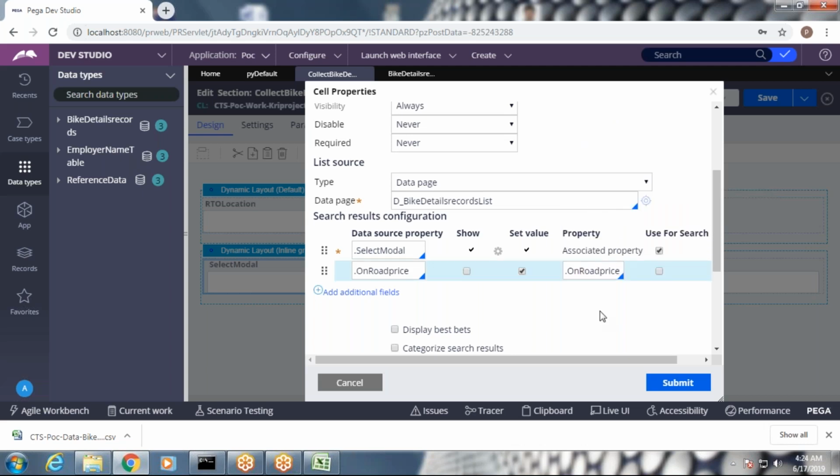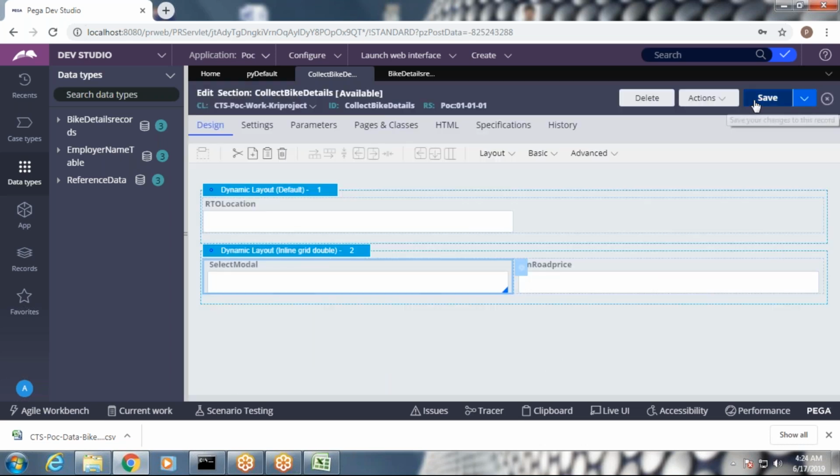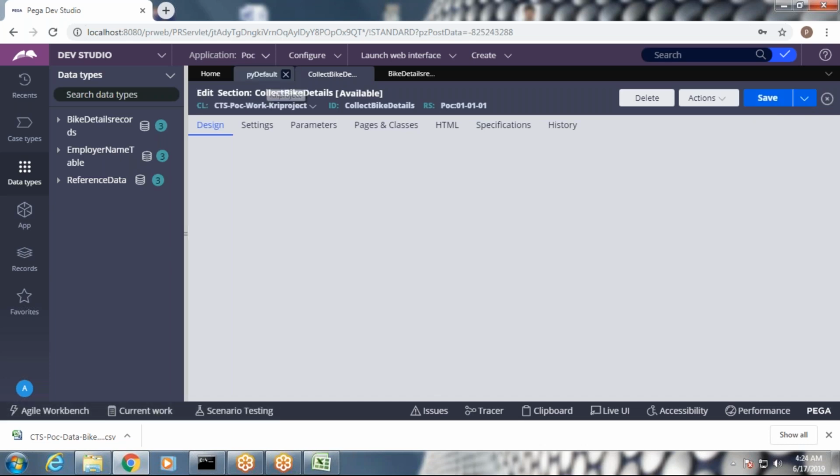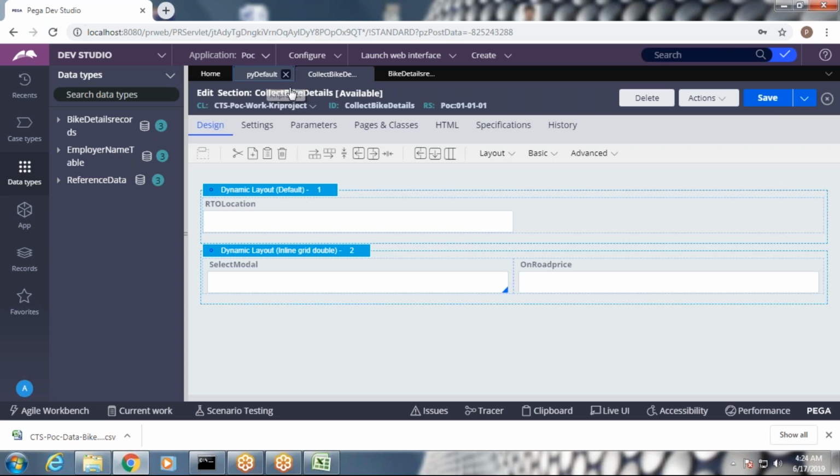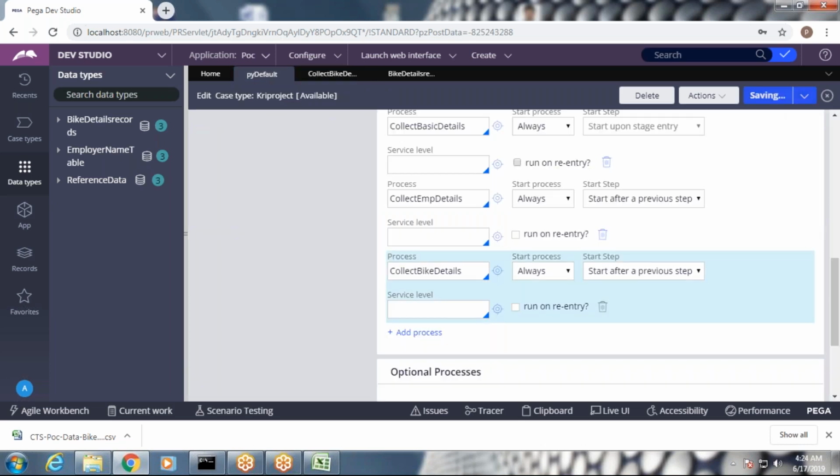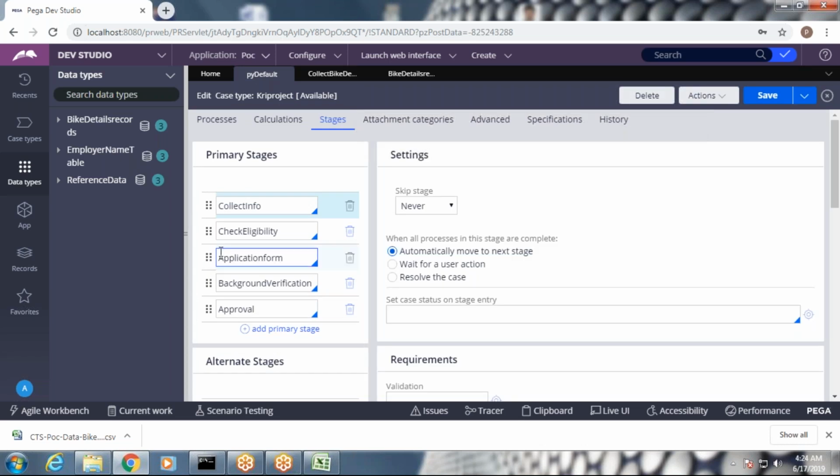This is the concept now normally. Clear? Any doubt? And I'm going to submit it and I'm going to save it now. That's it. Okay. So just go back to PY default and save the PY default also. Let's try to run the case once again.